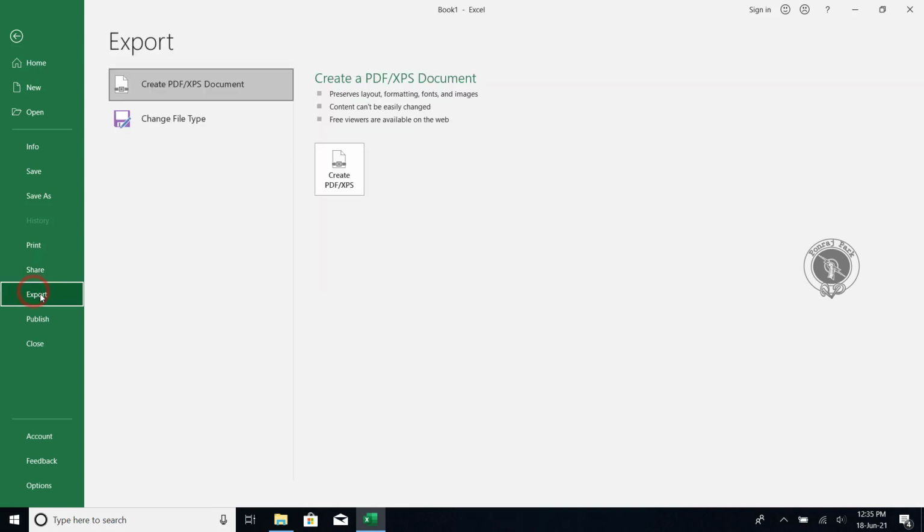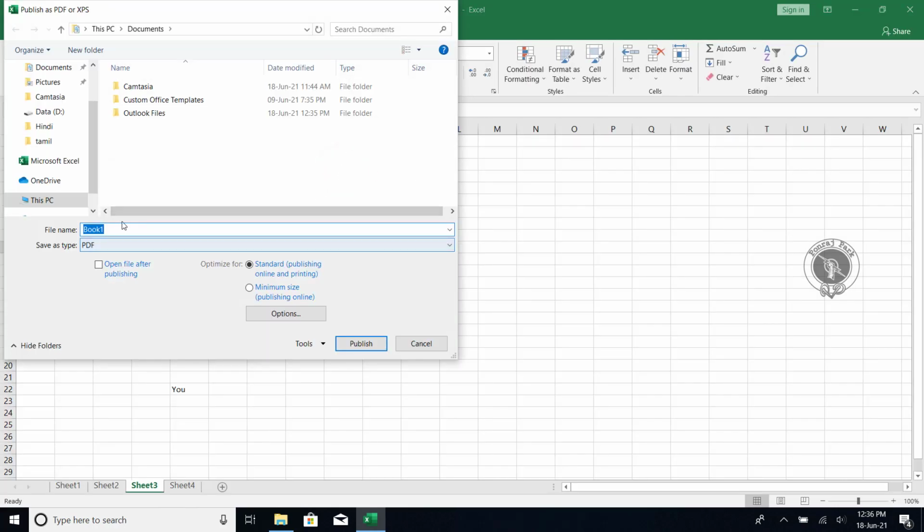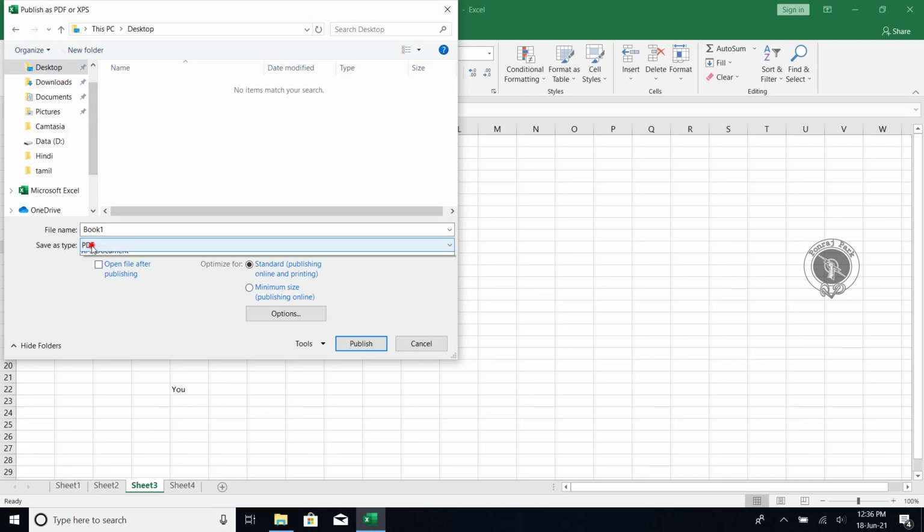So we'll move on to Export, and this you can see is the same, creating this file as PDF or XPS. If you want to create this file as PDF or XPS, you can click on that option and save it on the desktop. Click and type the file name, whatever file name you need, like PDF file, whatever you want to type, and click publish.